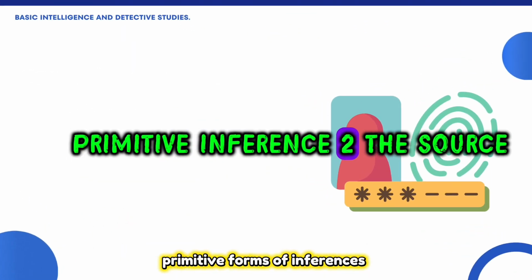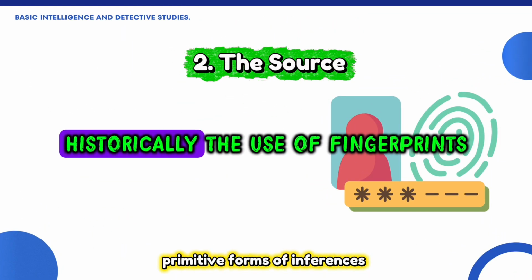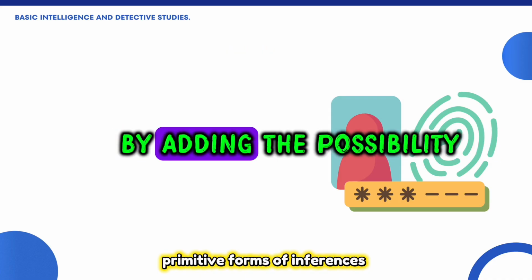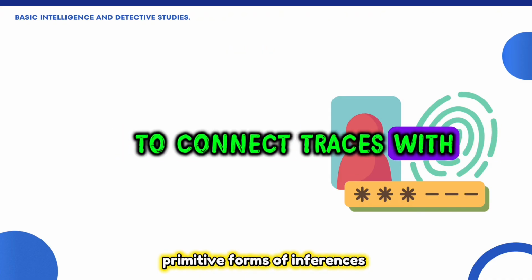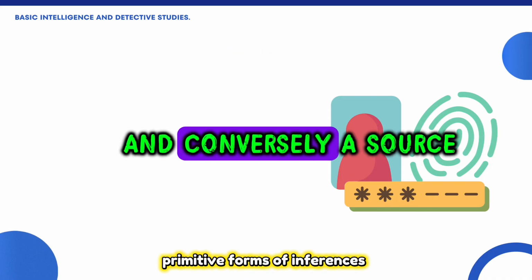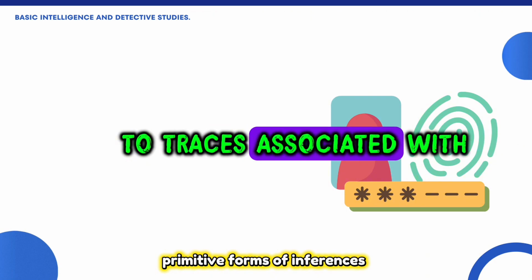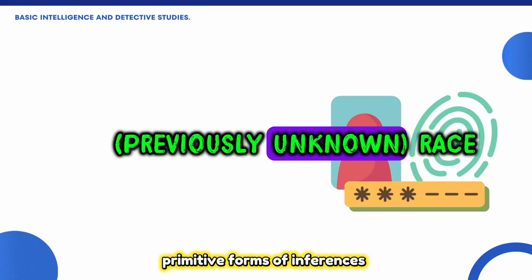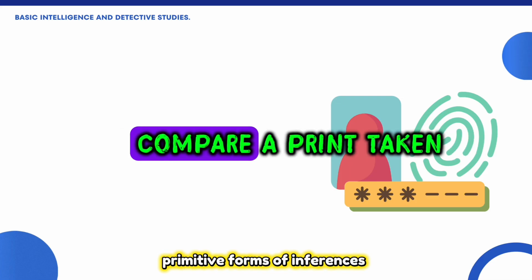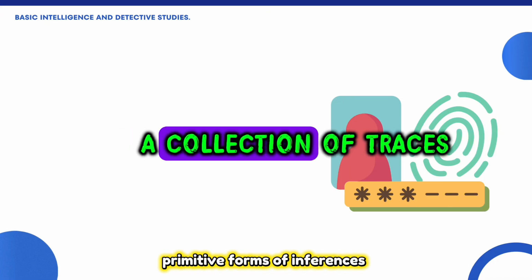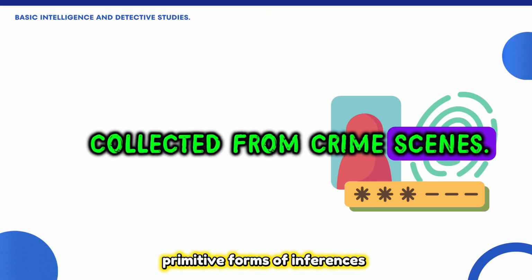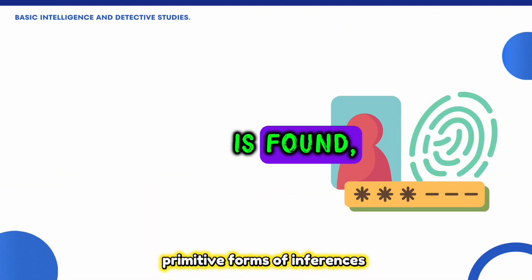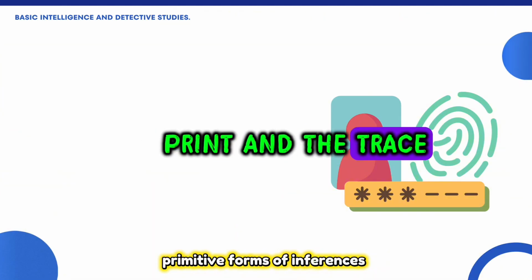Primitive inference 2, the source. Historically, the use of fingerprints enriched the set of inferences by adding the possibility to connect traces with their source, and conversely, a source to traces associated with an investigation. A source to a previously unknown trace. Compare a print taken from a person with a collection of traces collected from crime scenes. If a similar (close) analog record is found, then infer that the print and the trace are from a common